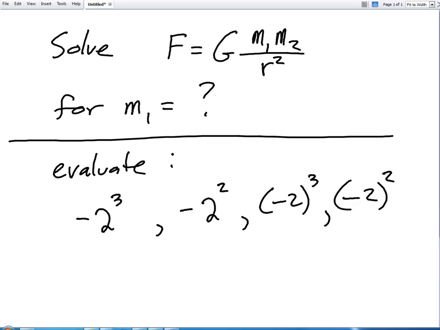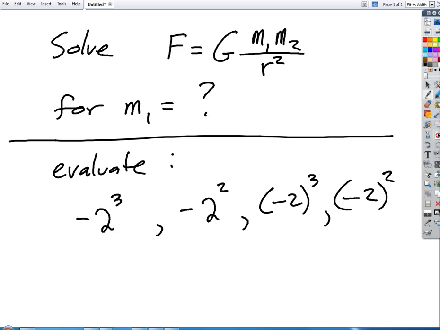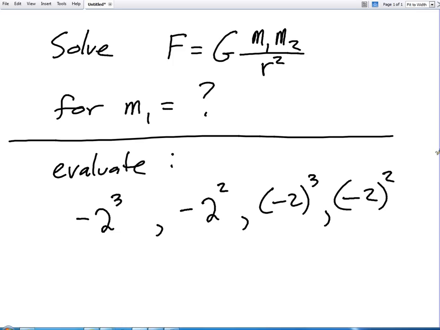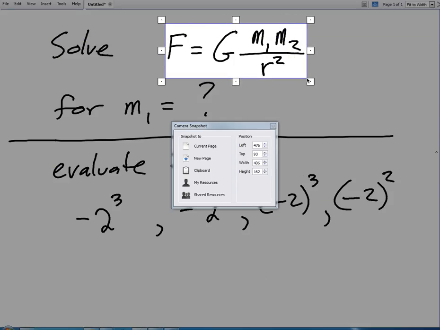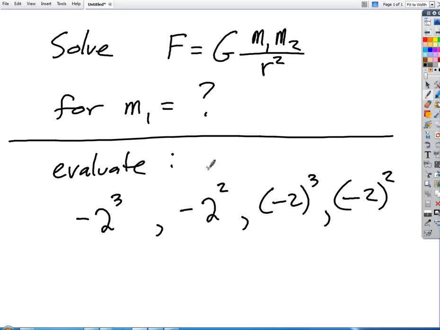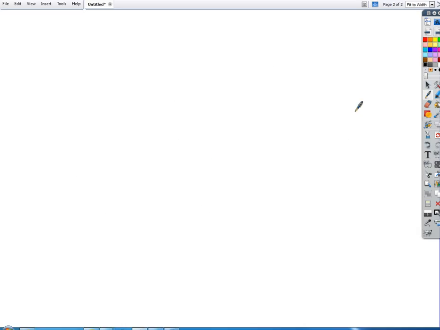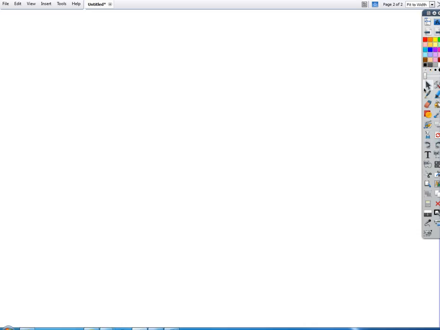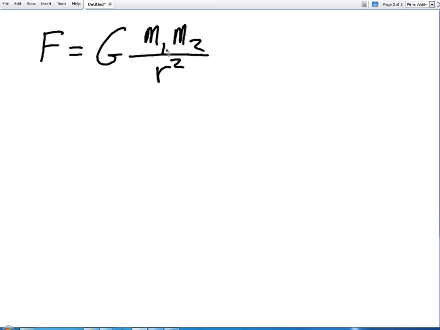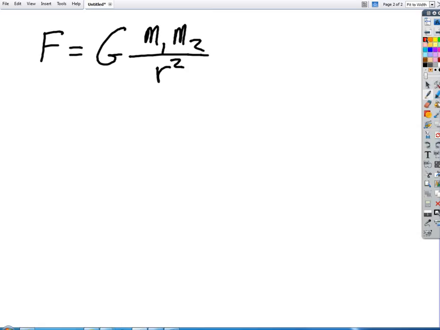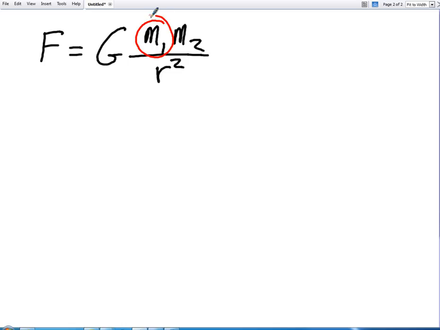Right, so let's take this first example here. Now, what are we going to do with this? I want to maybe put this on another page. Okay, now if I want to isolate, I know this looks really hard, but it's not that big a deal. If I want to isolate